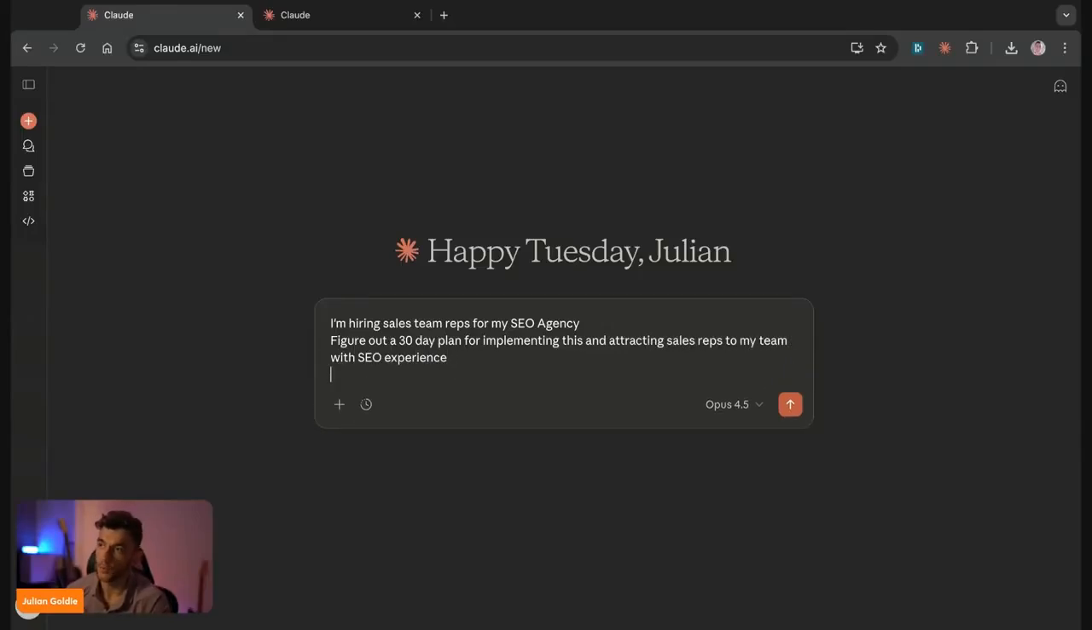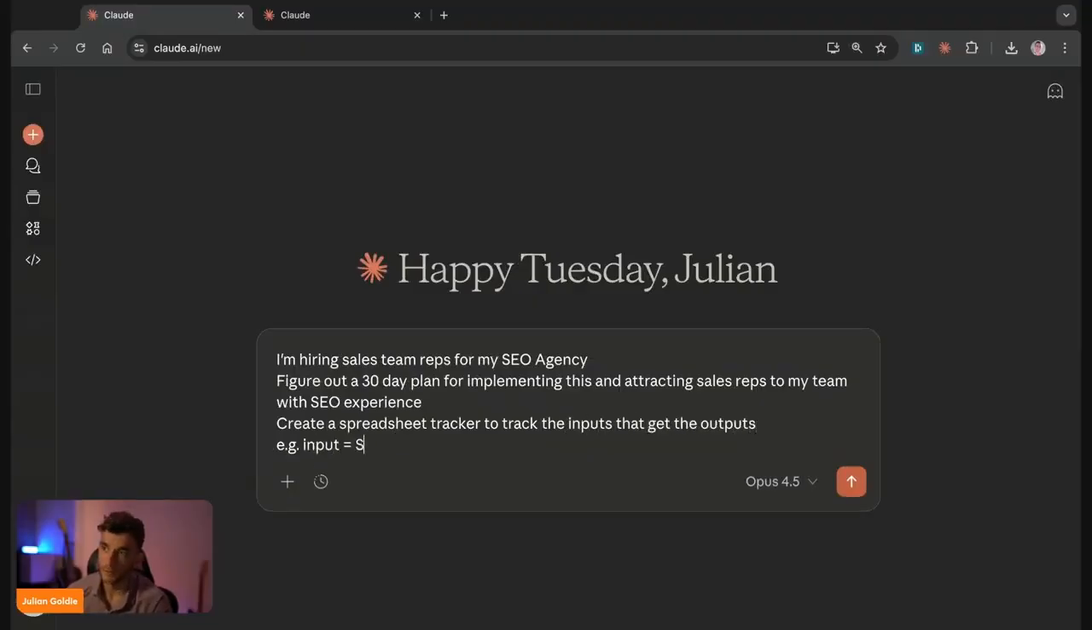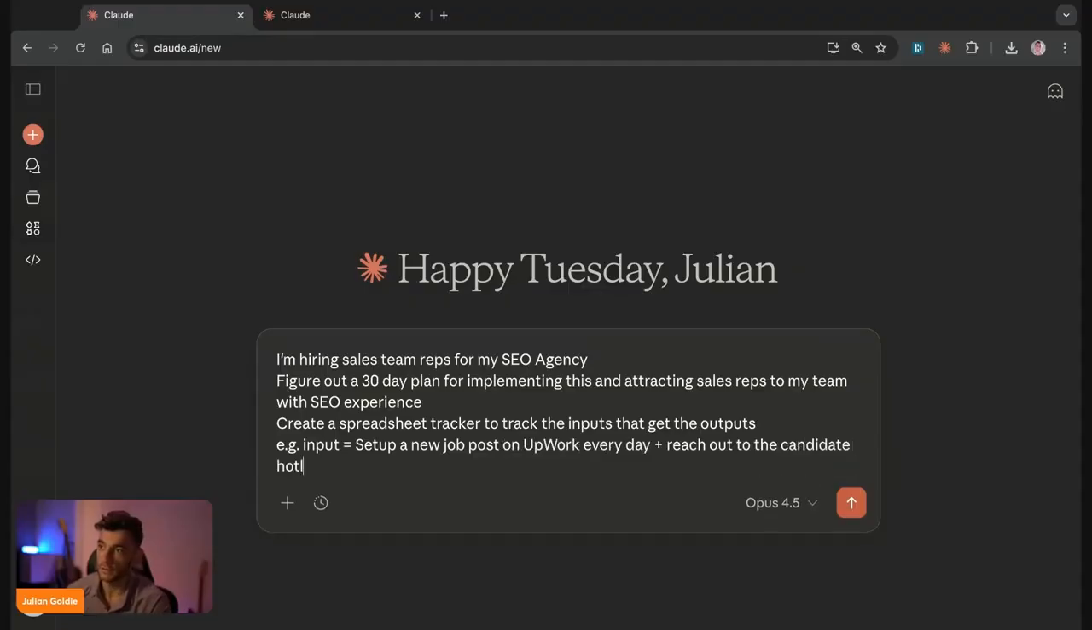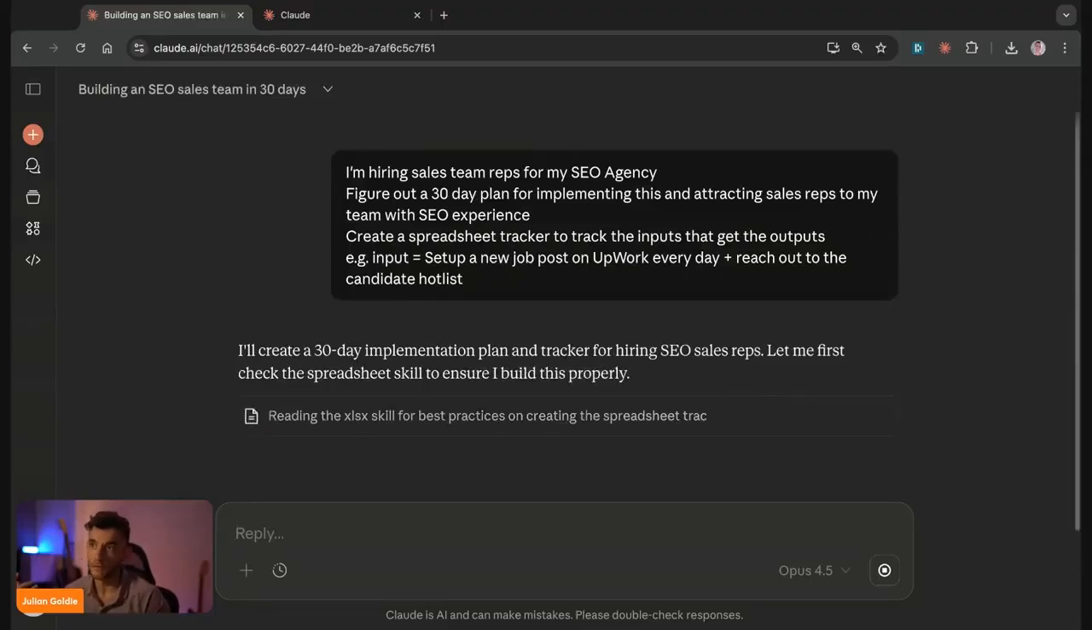And then from here, what I can say is, okay, now create a spreadsheet tracker to track the inputs that get the outputs. Input equals set up a new job post on Upwork every day, plus reach out to the candidate hot list. And basically, what I love about this with Claude is it's very logical and it understands all the context about me. It's also got a memory and it remembers me and who I am, right? And so